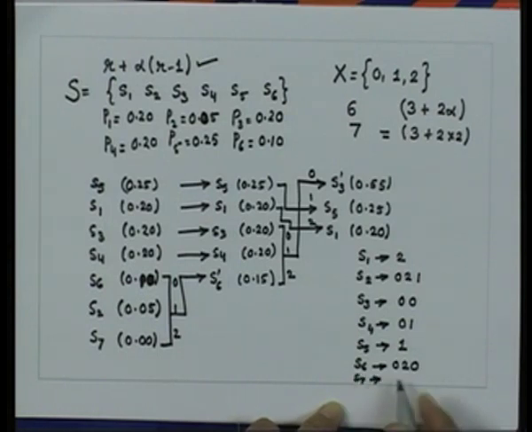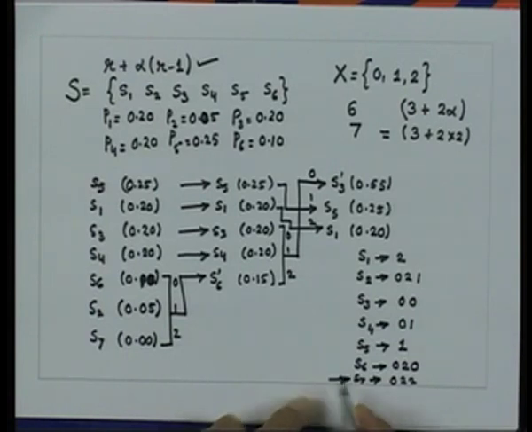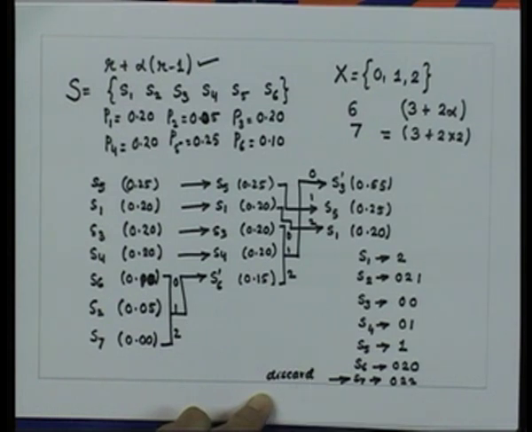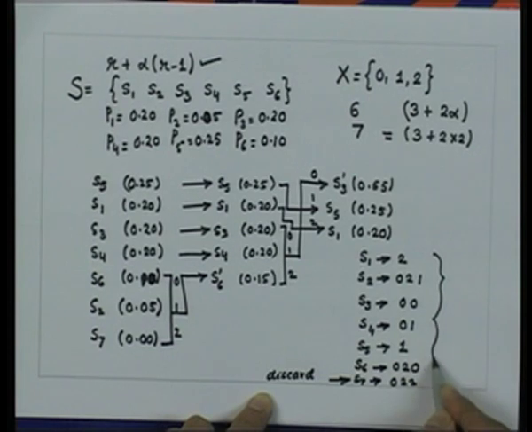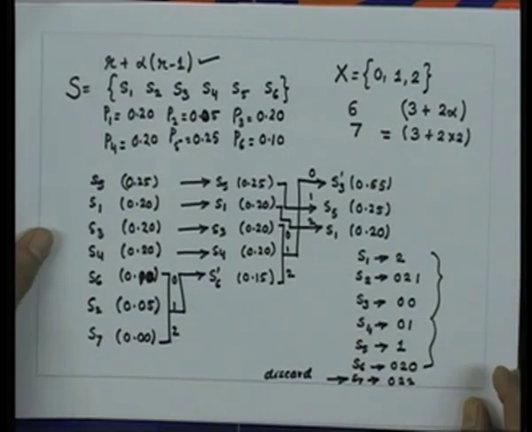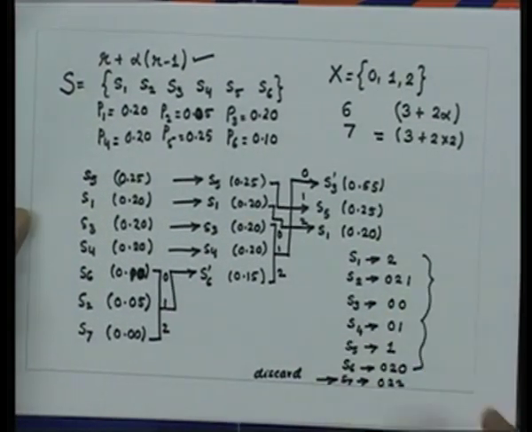S7 actually would be 0 2 2, but this is a dummy variable, so we discard this. So we get the code words corresponding to our symbols as this, and this can be also depicted in the form